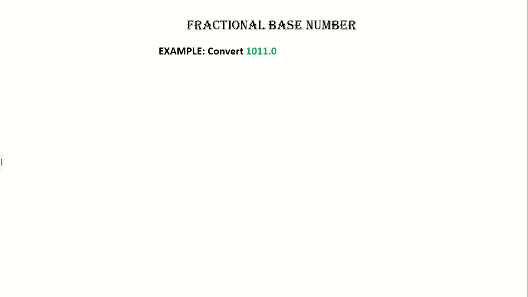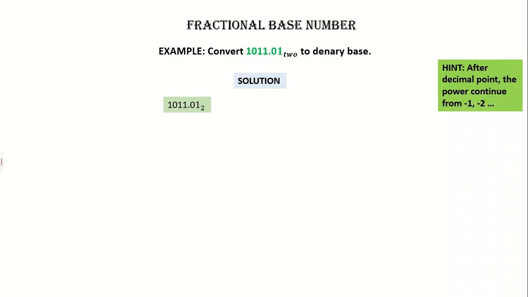The example says convert 101.01 in base 2 to what? To denary base. Denary base simply means number in base 10. Now here we have the solution. If you have 1011.01 base 2 to be converted to base 10, the first thing to do is that you should know that